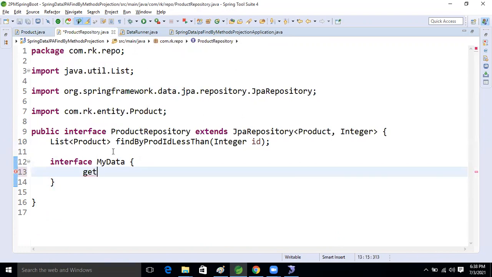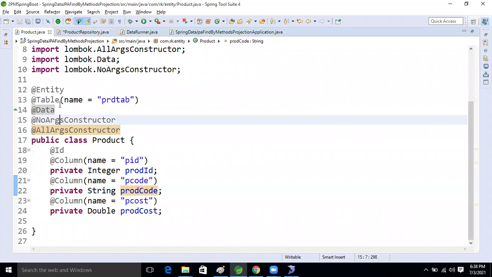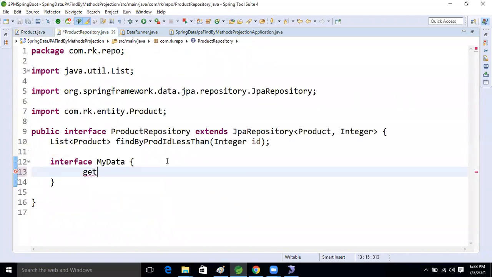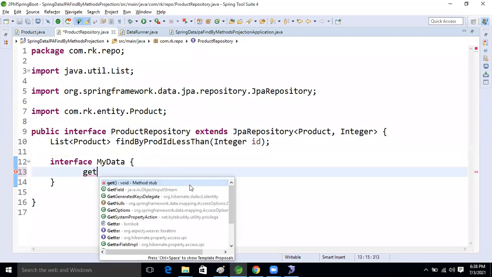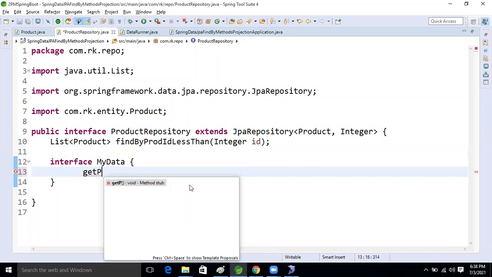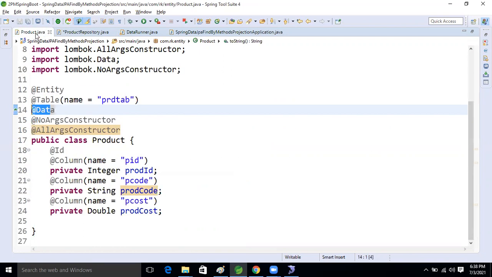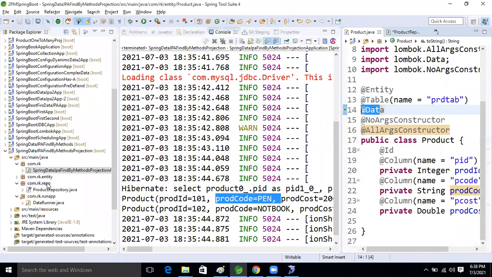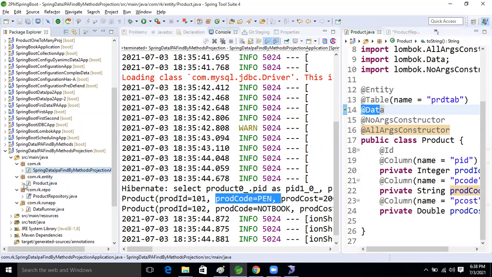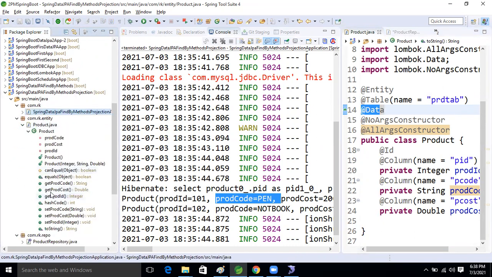Is the getter and setter method generated or not, guys, because of this Lombok API? Come on. So same like we will call that get. Get a product, right? One minute. Here, it is already generated, right? So based on that getter and setter, we will call that. From here, where is the product class? Yeah, the entity class is there inside that. So product, okay, get. This is already there, right?